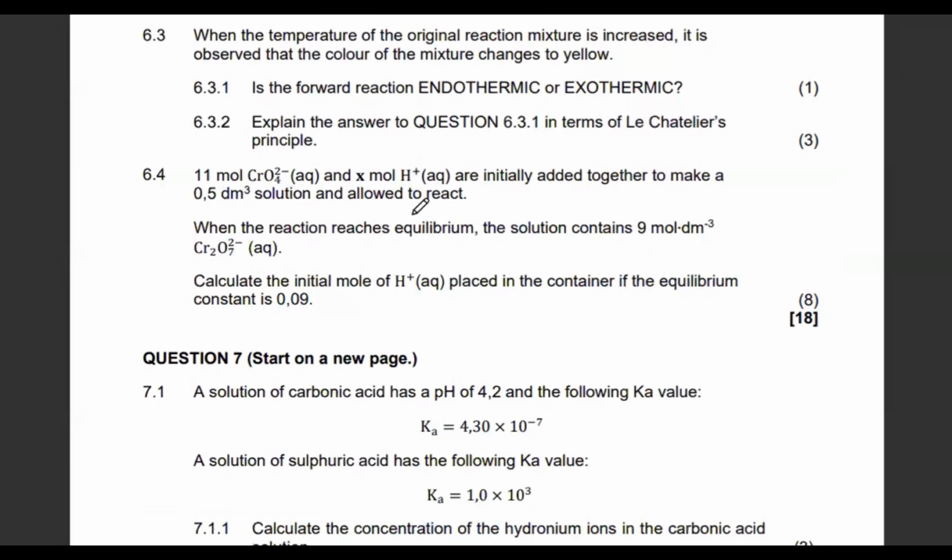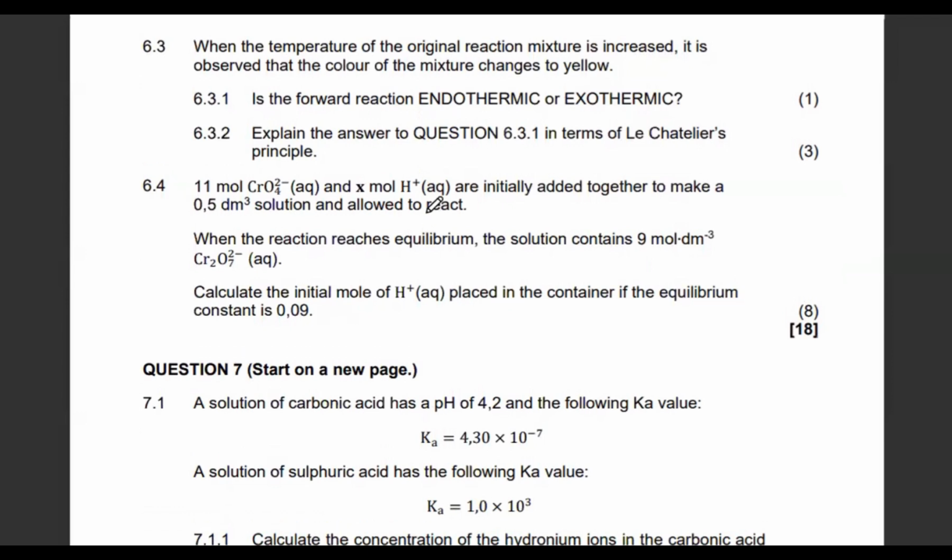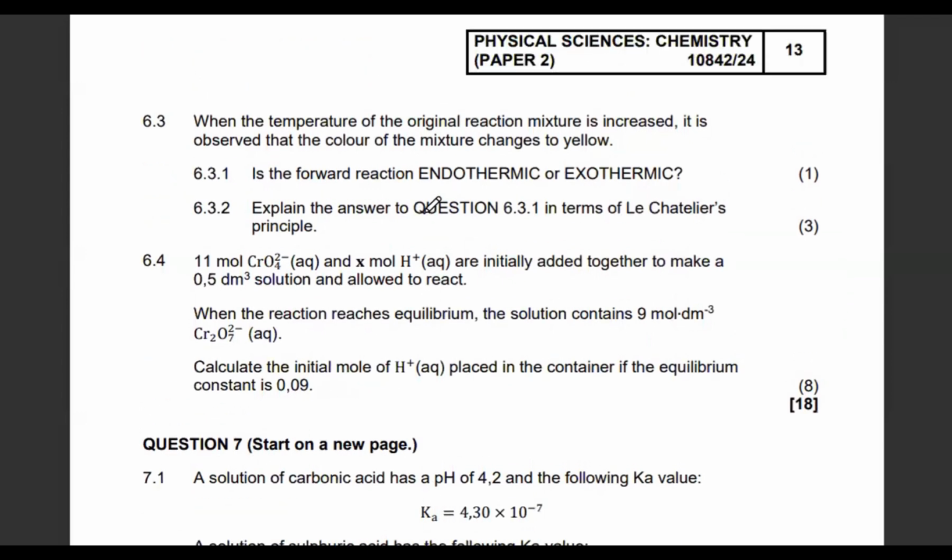Since the temperature has increased and it favors the reverse reaction, what does it mean? It means that this reaction is exothermic. It doesn't want the substance to be hot. You understand? So basically it is exothermic. Explain your answer, because using Le Chatelier's principle, you have brought the stress in there, and then